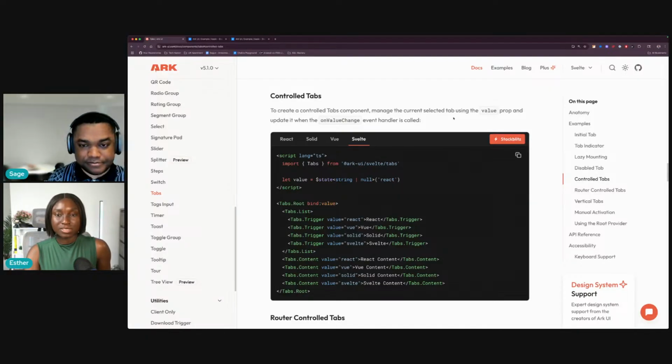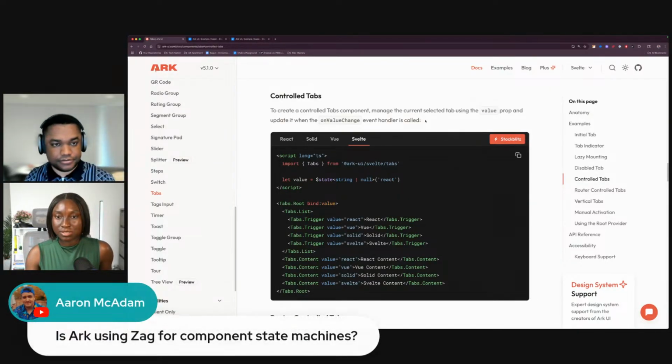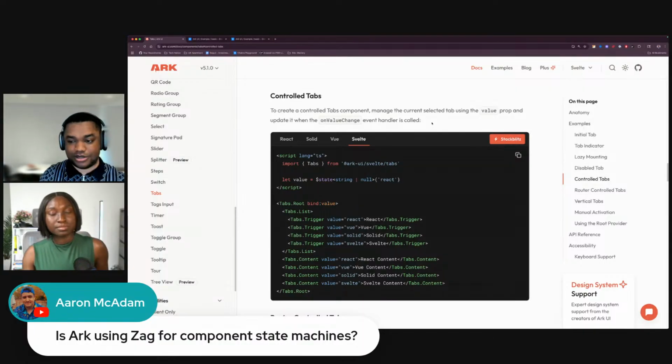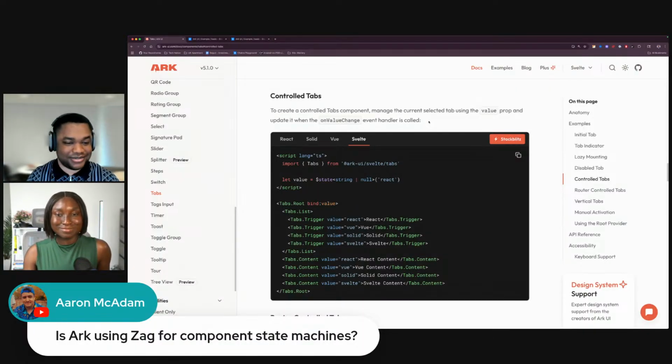Awesome. So we have a question. It says, is Ark using Zag for component state machines? Yes. But do you want to speak about that? Yeah, of course. I mean, that's the only way we can make this possible. So yes, we do use Zag under the hood, and I think the reason why we do that is because,